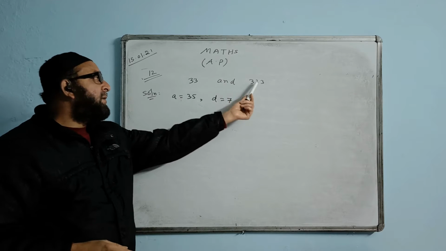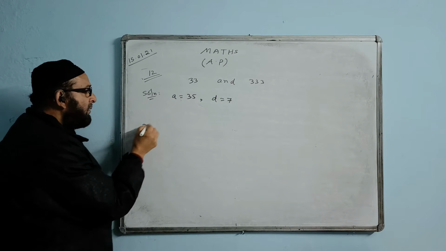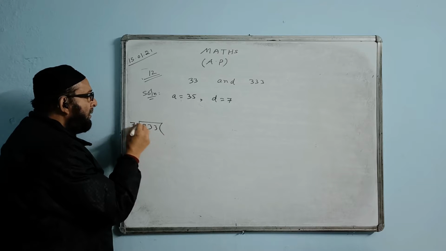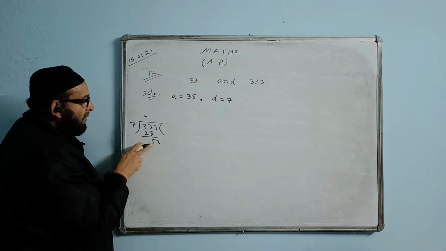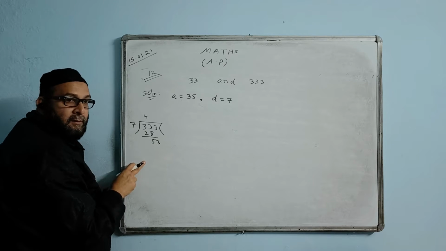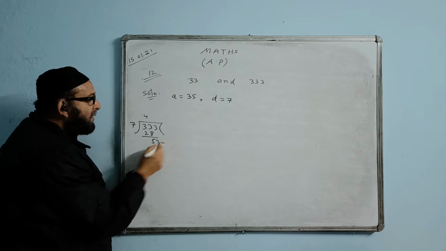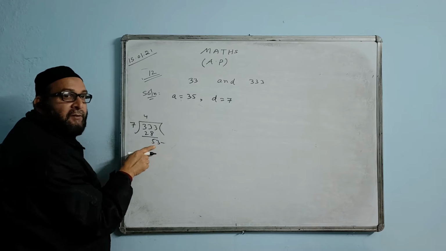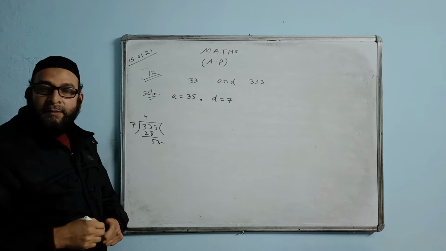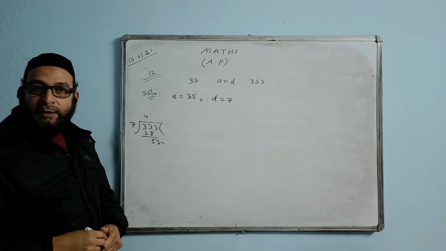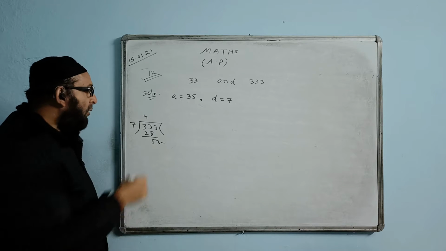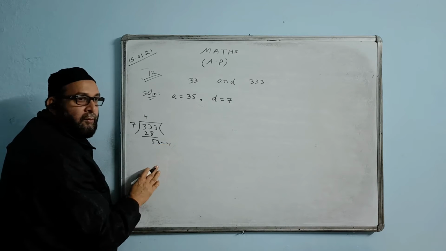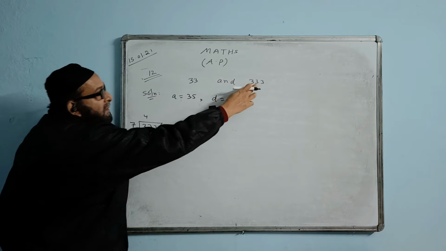And what is the last number that is less than 333? So what do I have to divide? 333 divided by 7. 7 fours are 28, leaving 53. Is 53 divisible by 7? Then you have to subtract some number to make it divisible. Below 53, which is the first number divisible by 7? 49. 49 is the number below 53 which is divisible by 7. To get 49, you have to subtract 4 from 53, yes or no? So you subtract 4 from this number too.